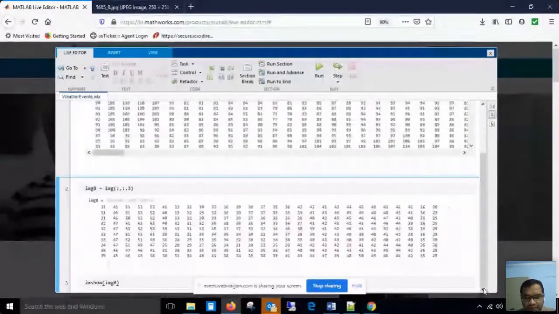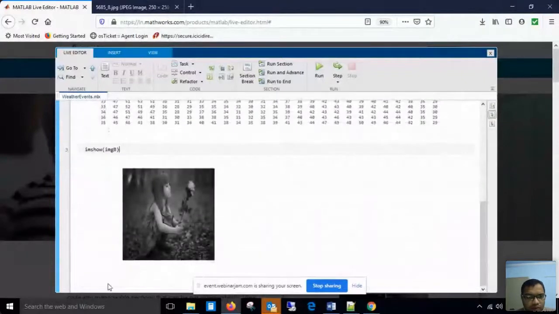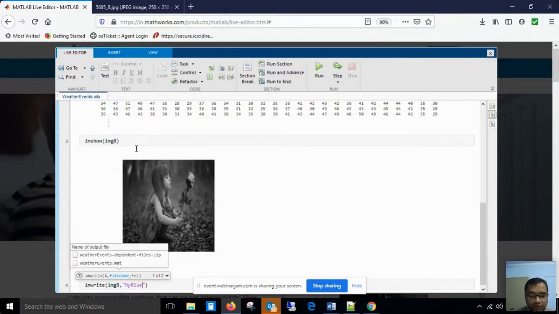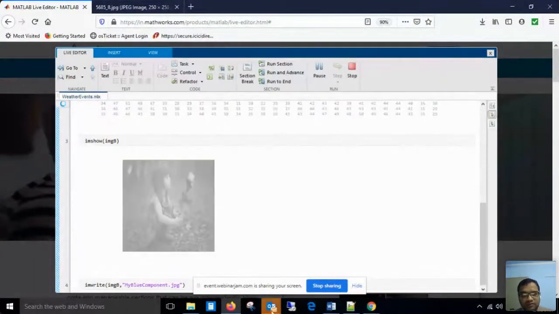So this is my blue component, and my further task is to save this image as an image file. I want to store this imgb matrix as an image file, or the jpg file. There is one function, imwrite, that is image write, and you have to provide the variable name or the matrix name. So I want to write imgb, the content of the blue component, to the file, let us say blueComponent.jpg. Fine. Now I will execute this command.